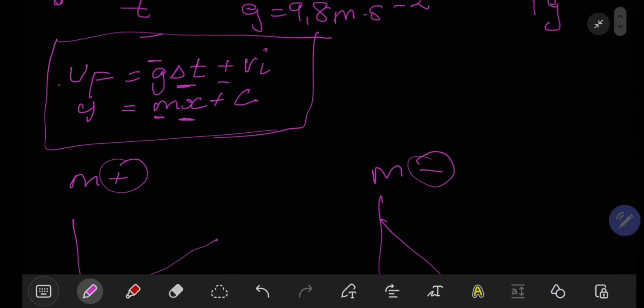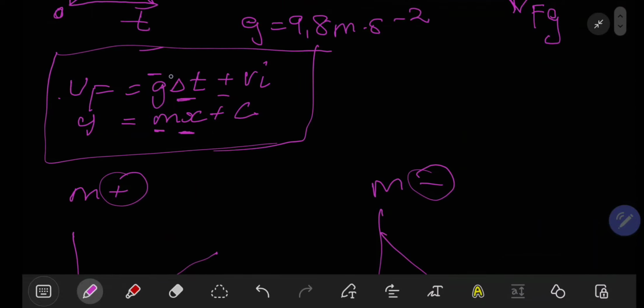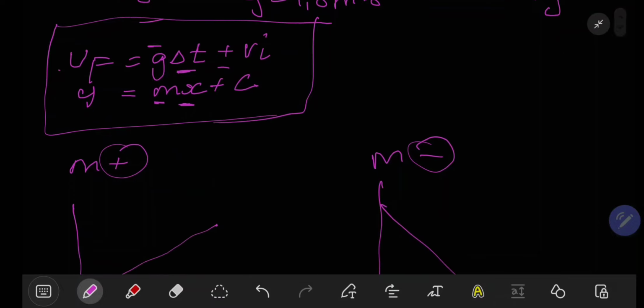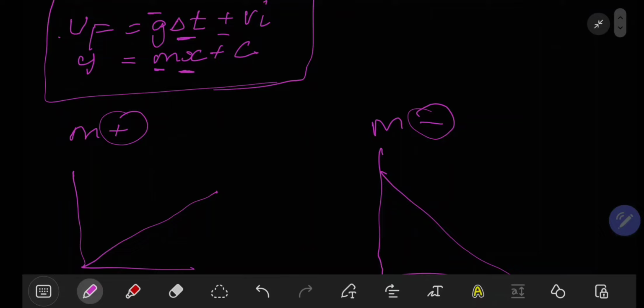The same applies to the gravitational acceleration, because this is our constant in this case, in this formula. When g is positive, then we will have this increasing slope,